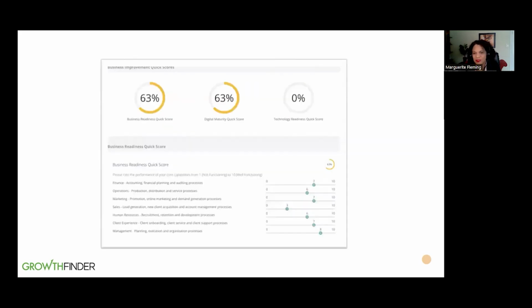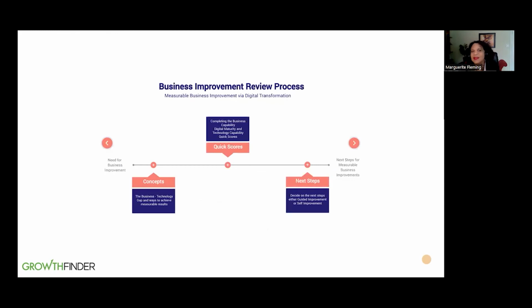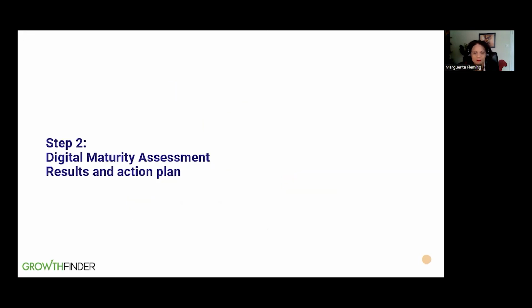So they got this. It's great, right? We identified and we gave them a score. We said, hey, this is where you are. There are some things that you're doing really great. You don't need to even touch these things. You've got this under control, right? When it comes to cybersecurity, they're perfect, right? Like they've got it under control. They've got a plan. When it comes to other areas of their business, they had it under control. But this gave them a crisp score that they could share in the organization. And this is really the result, right? So we had concepts, quick scores, and in that improvement review, we gave them a next step.